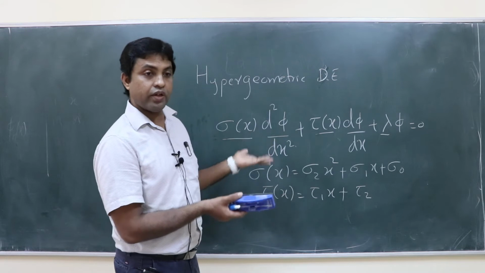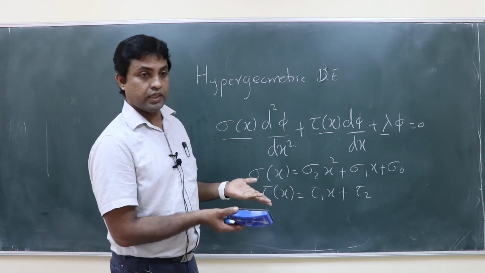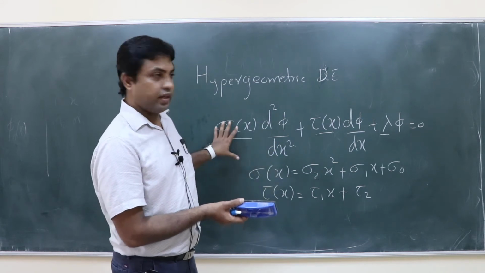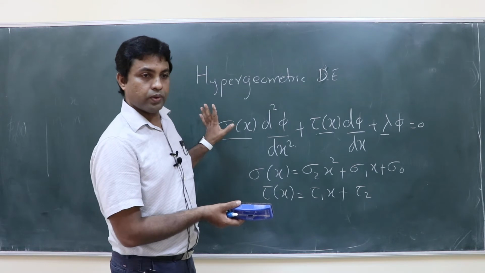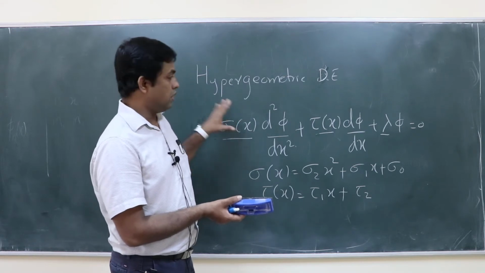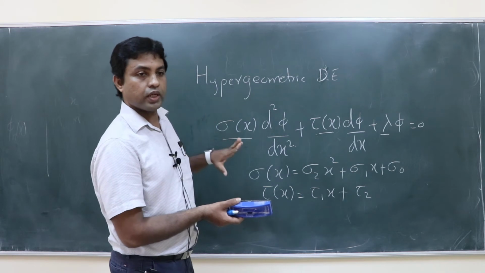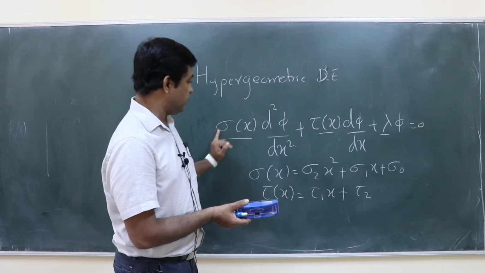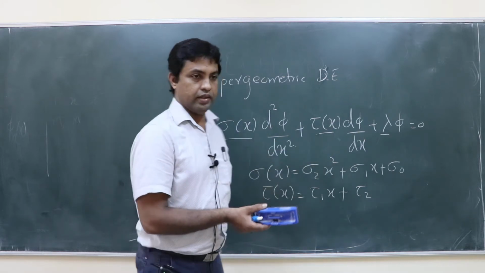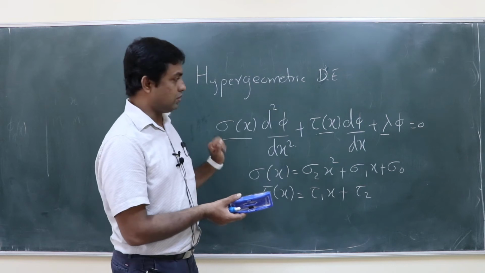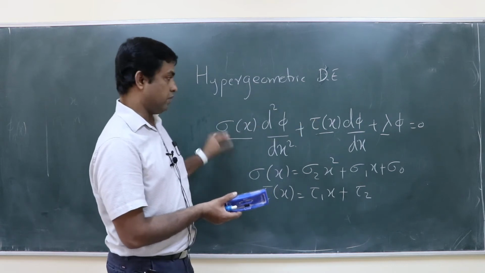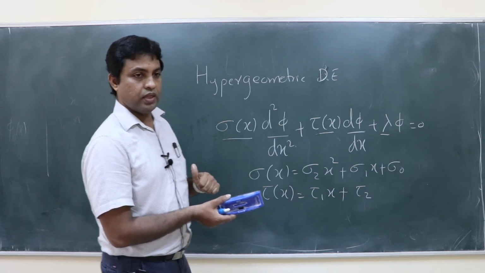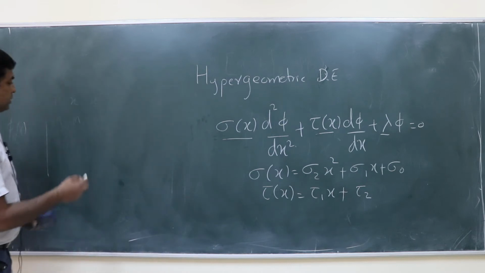So when can you get orthogonal polynomials as a solution to this, so that phi becomes phi n of x? What is the condition for that? In general the solution to this is not an orthogonal polynomial, but under certain conditions the solution will become orthogonal polynomials. That condition is basically some relation between sigma, tau and lambda, these three polynomials. Then we can get orthogonal polynomials as a solution. So what is the condition? The condition is this: